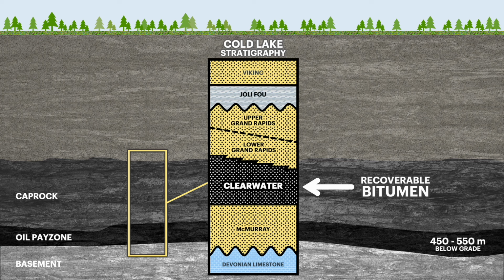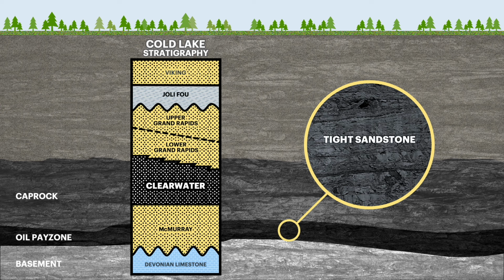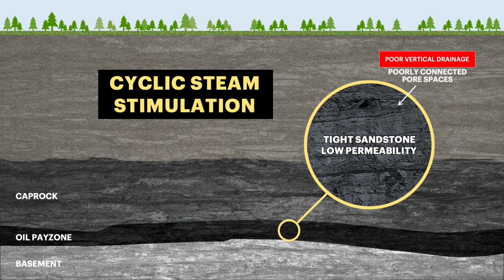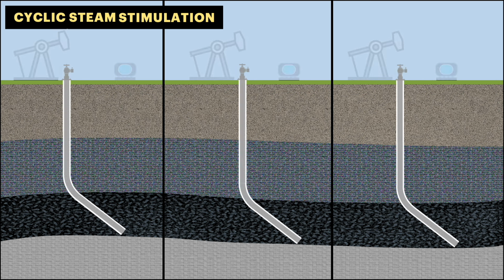Clearwater is a relatively tight sandstone formation with very low vertical permeability, meaning it has very poor vertical flow properties. Cold Lake and Wolf Lake use a process known as cyclic steam stimulation, or CSS, which leverages relatively high steam pressures to improve reservoir permeability, typically very close to or slightly above the reservoir fracture pressure. Cyclic steam stimulation is carried out through a single well, which alternates between three distinct phases: